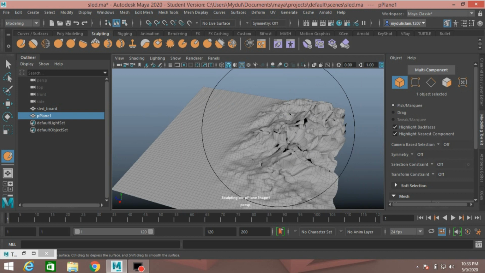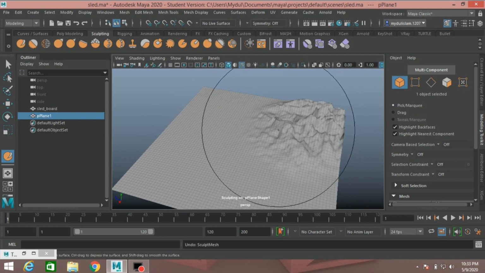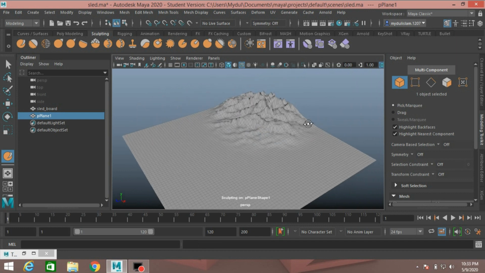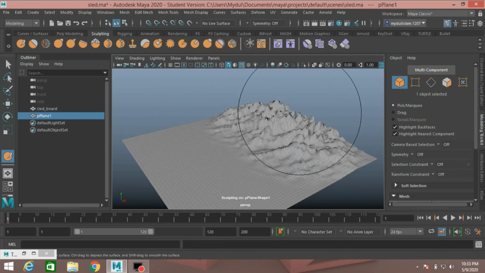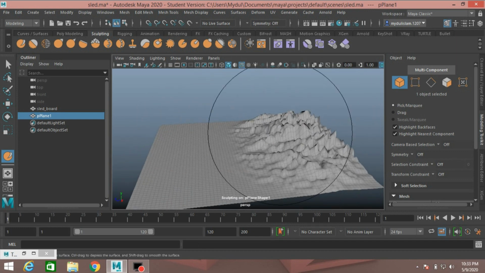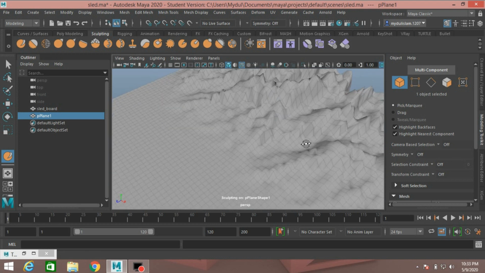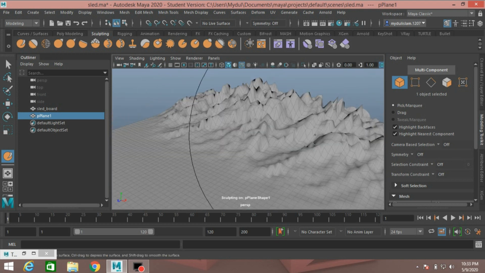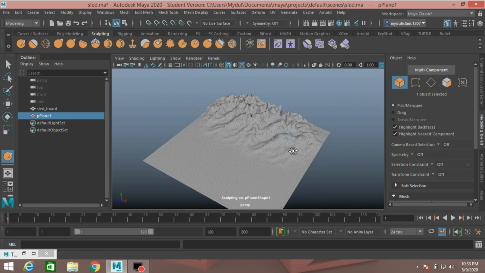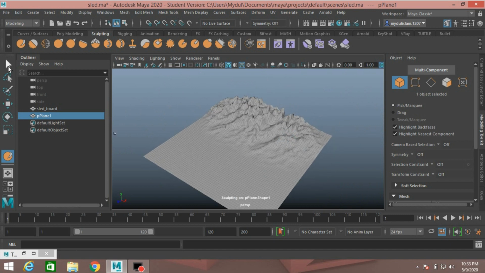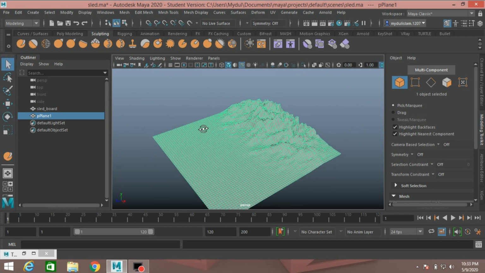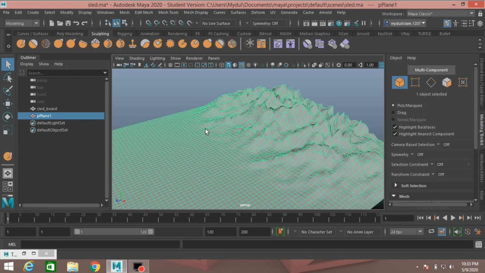Press Ctrl plus Z to undo. Just like this. Again select quick selection tool, press 3 to see the smooth shape.